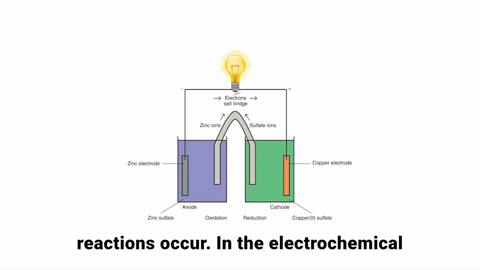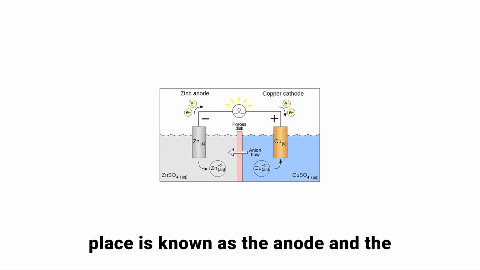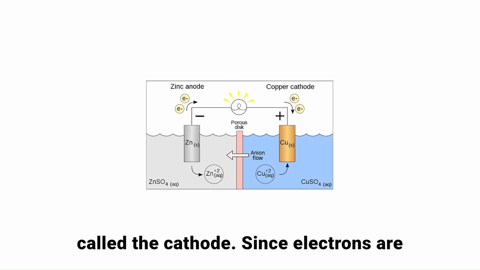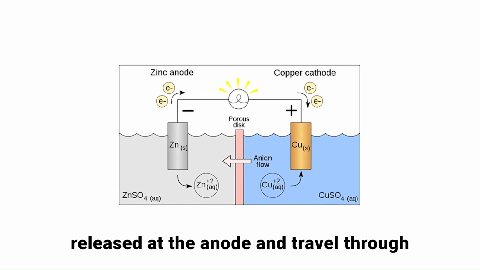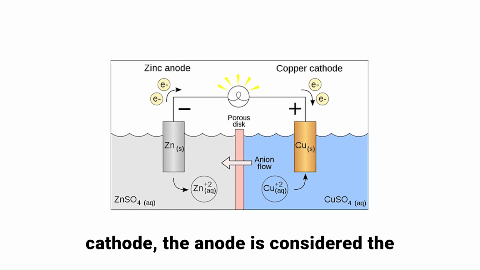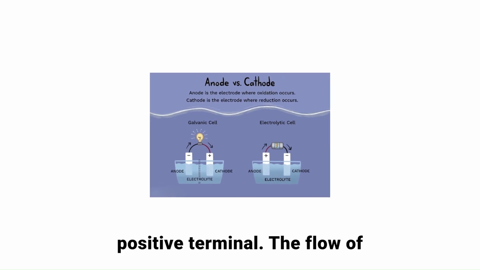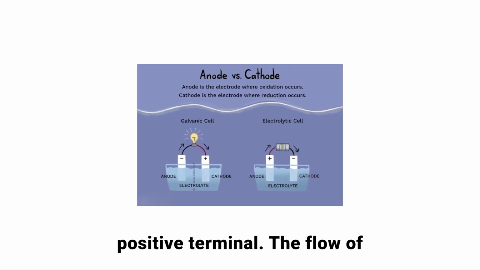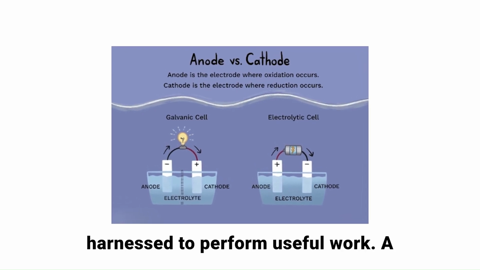In the electrochemical cell, the electrode where oxidation takes place is known as the anode, and the electrode where reduction occurs is called the cathode. Since electrons are released at the anode and travel through the external circuit to reach the cathode, the anode is considered the negative terminal, and the cathode is the positive terminal. The flow of electrons from the anode to the cathode generates an electric current that can be harnessed to perform